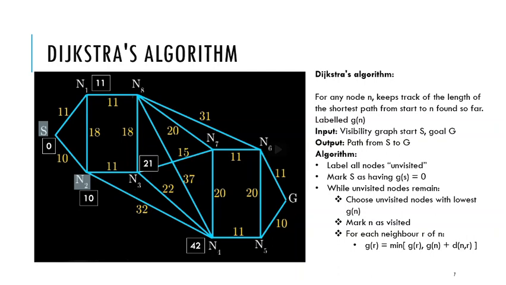So we loop again through the algorithm and choose the node that has the lowest g of n marked so far. Whatever nodes you have, 11, 21 and 42, which is the lowest? n1 is the lowest, so we will visit it. Now I am going to look at the neighbors of n1. What are the neighbors of n1? We have only n8. n2 is already visited, so we will not go over there. We already have n8 and we will mark it 22, since 11 plus 11 is 22.